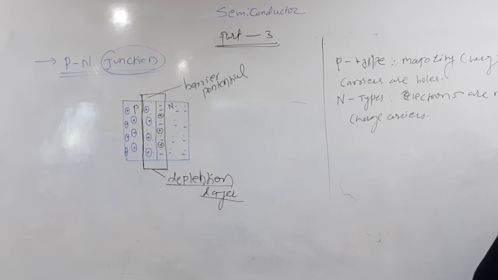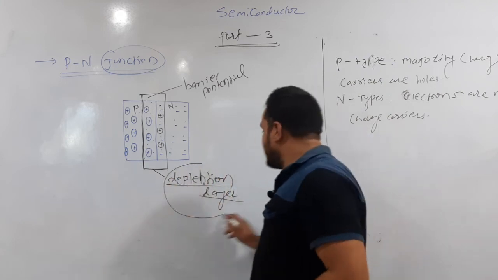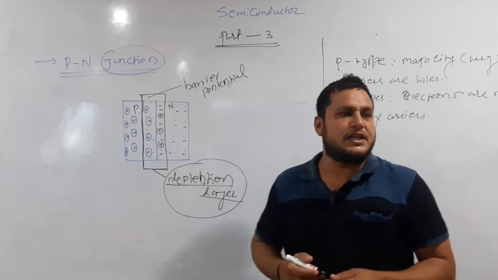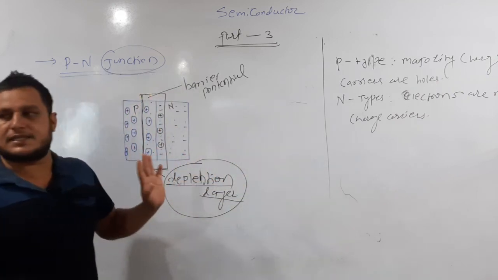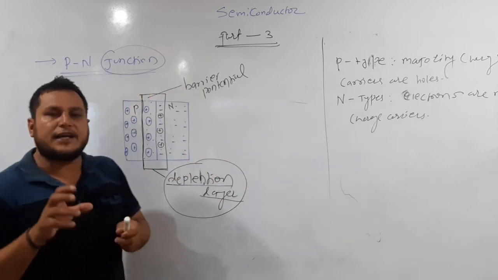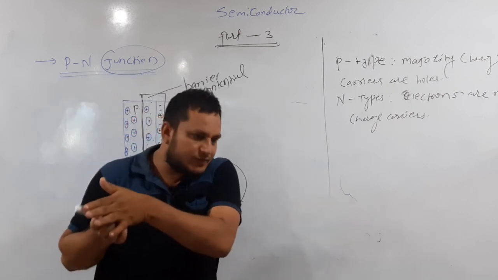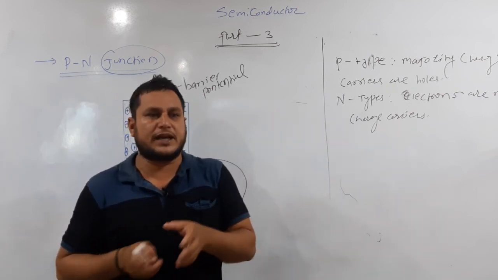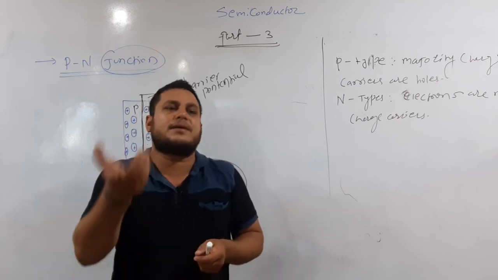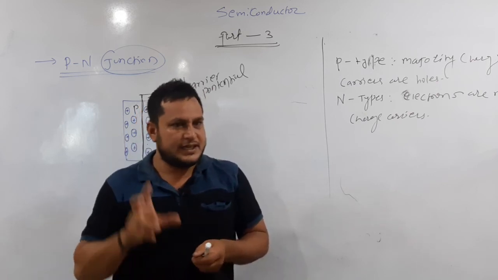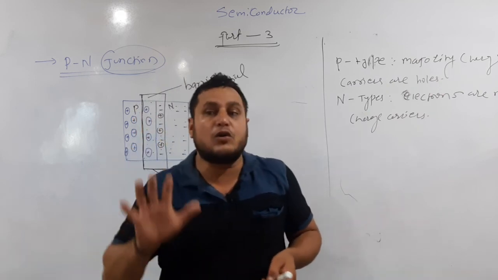Now we are talking about the depletion layer. What is the role of the depletion layer in a p-n junction, and why is it useful for us? Whenever we are trying to control the voltage supply in a particular circuit, meaning we want to regulate that voltage, then we need some kind of diode which plays the role of a breakdown voltage.